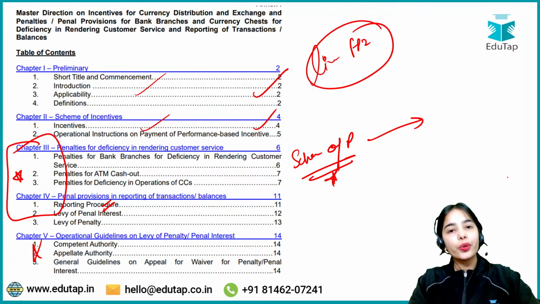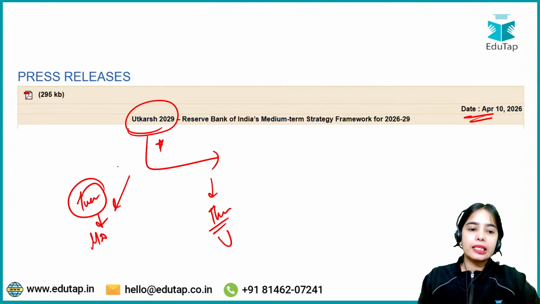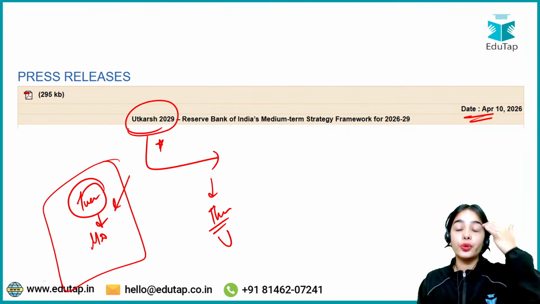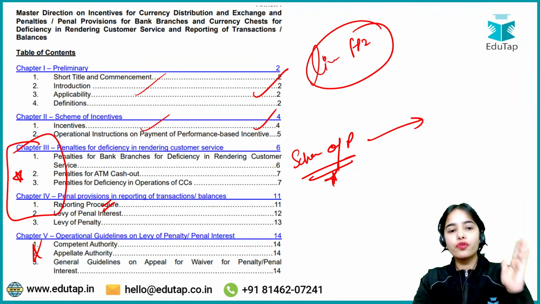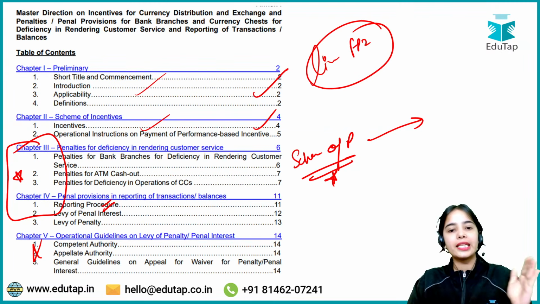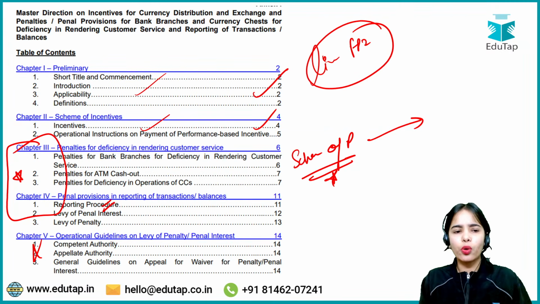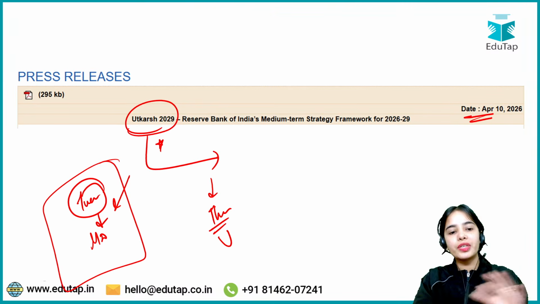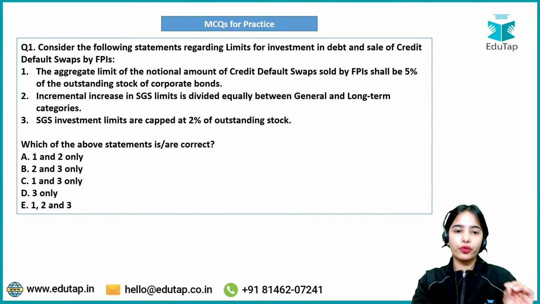Okay. Thank you for attending the session. In the next session, we will also talk about the penalties. Too much data in one session is not required, or you cannot remember all of that. So right now, focus on whatever has been provided, and the next chapters we will discuss in the next session, but these two chapters are more important. The last one is not so important. Okay, so we will discuss it on Tuesday, and we will finish it on Thursday. I will take this very important document of Utkarsh 2029.